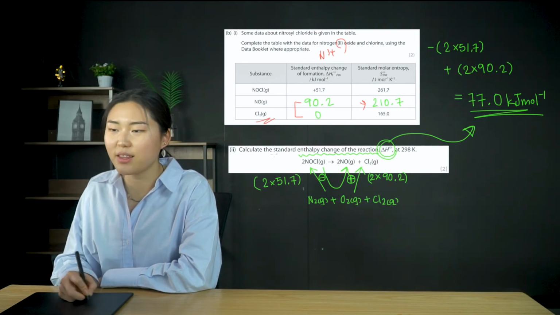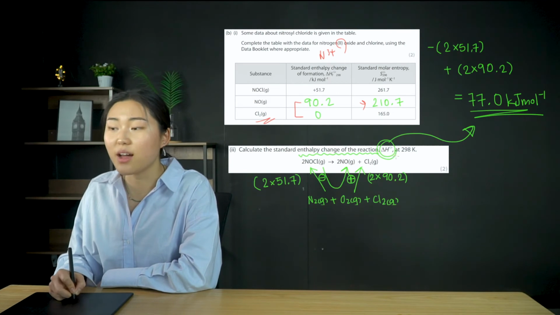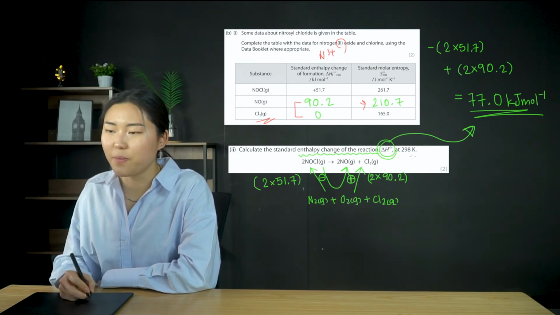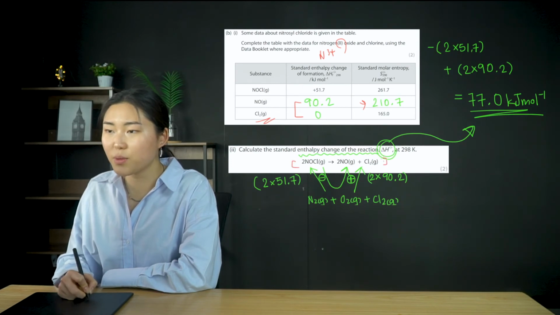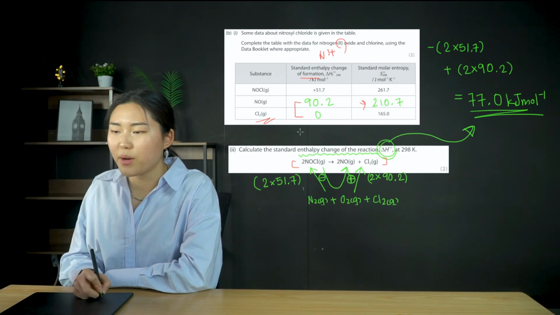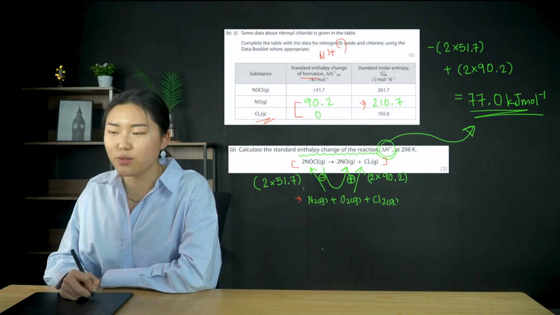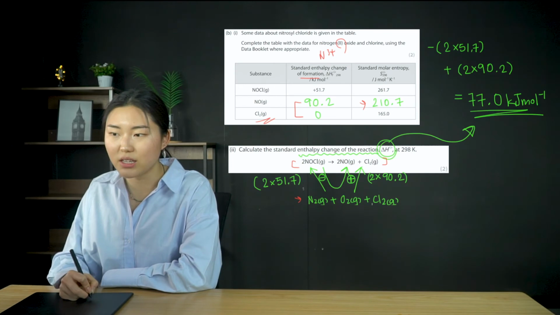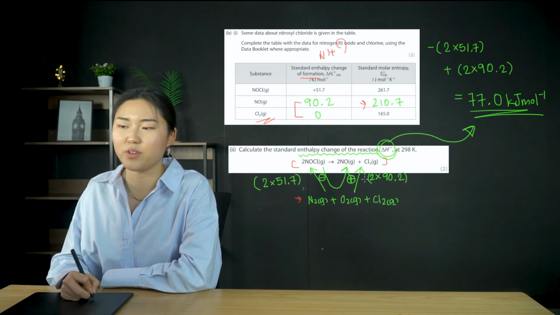And part 2, calculate the standard enthalpy change of the reaction, delta H at 298 K. So we have this overall reaction, and because we're working with delta H of formation, we're going to put our elements in their standard states at the bottom. So we have nitrogen gas, oxygen gas, and chlorine gas. Okay, so these are our ingredients to make the reactants and products in this case,